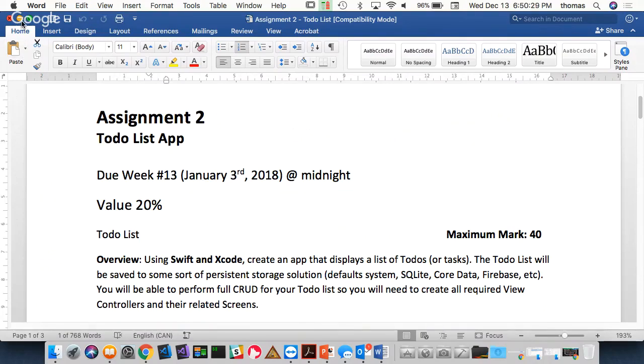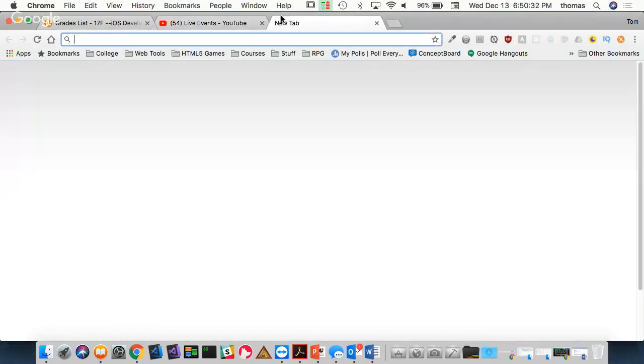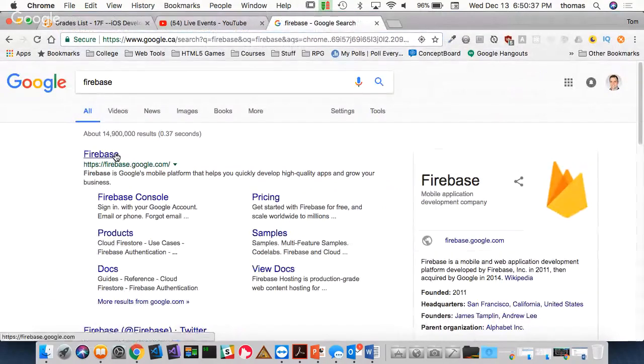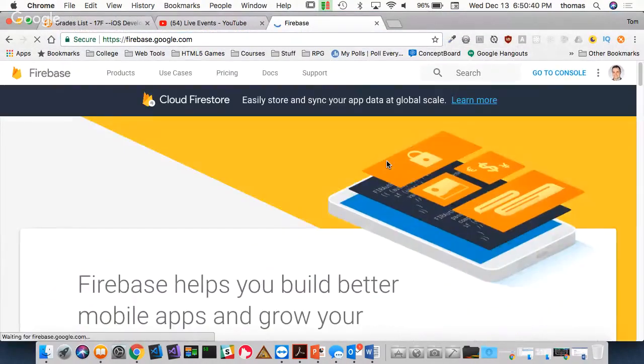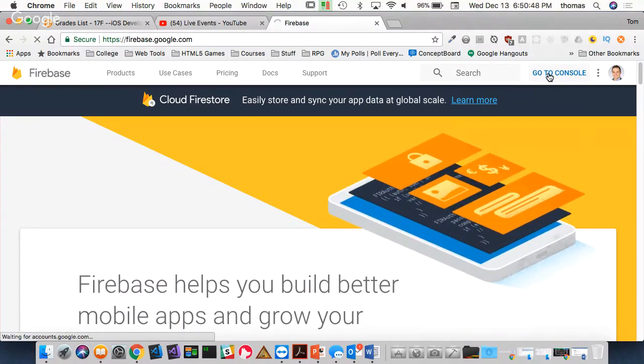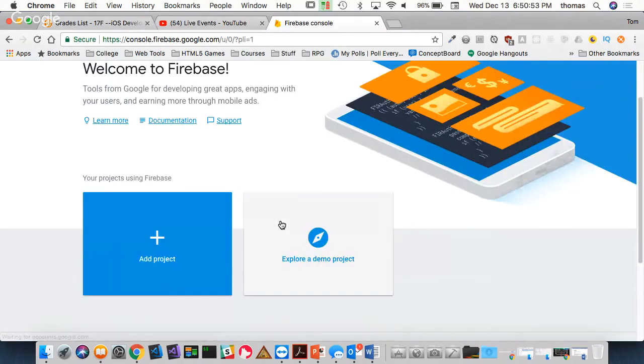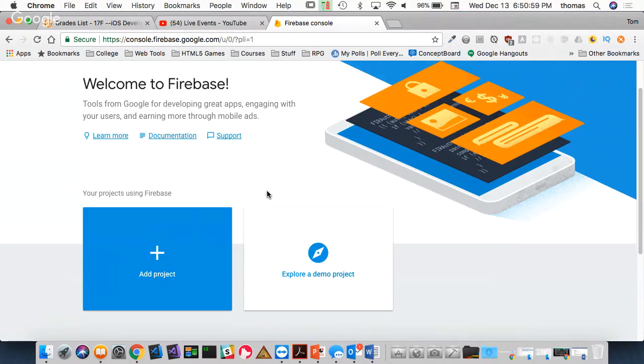So I also mentioned Firebase. I want to just talk about that. If I go to Firebase, for example, what is that? If you guys don't know what that is, it is a free database solution from Google. You can log in with your Google account. And what it allows you to do is there's different ways of storing your data. And it's not a traditional database like SQL-like database. It's like a NoSQL database, okay? Like Mongo, but it's not like Mongo. It's different, okay? So it's a NoSQL database, but it allows you to look at